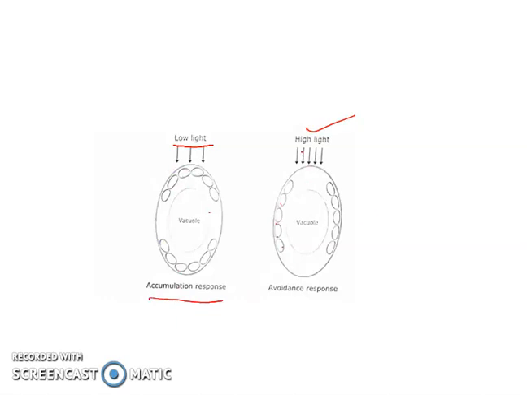And when there is high light concentration, the chloroplast will move to the lateral side because there is high light. It does not require that much amount of light for its harvesting. So it will move to the lateral region for avoiding the intensity of light. So this process is known as avoidance response. It is avoiding the amount of light which it is getting. Now we can solve the question.